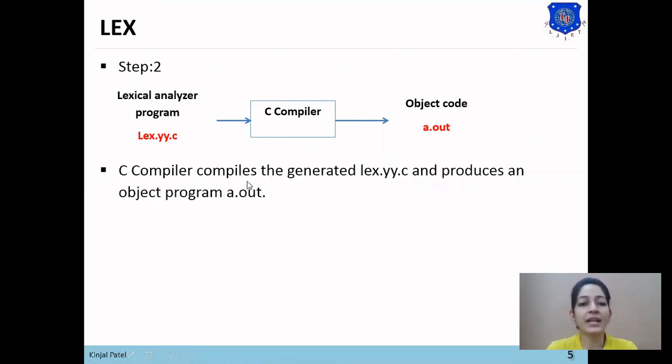So the C compiler compiles the generated lex.yy.c and produces an object program a.out. This is how the Lex compiler is bound with the C compiler: it generates the transition diagram, and that is passed to the C compiler, so it generates the object code.